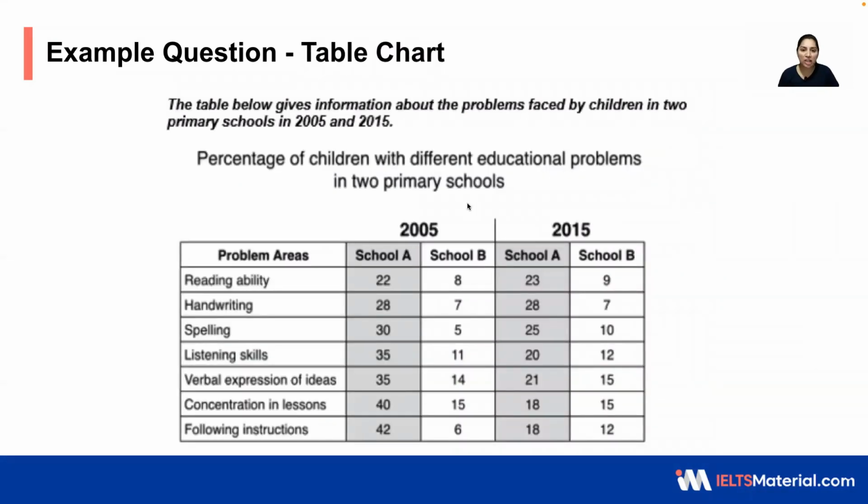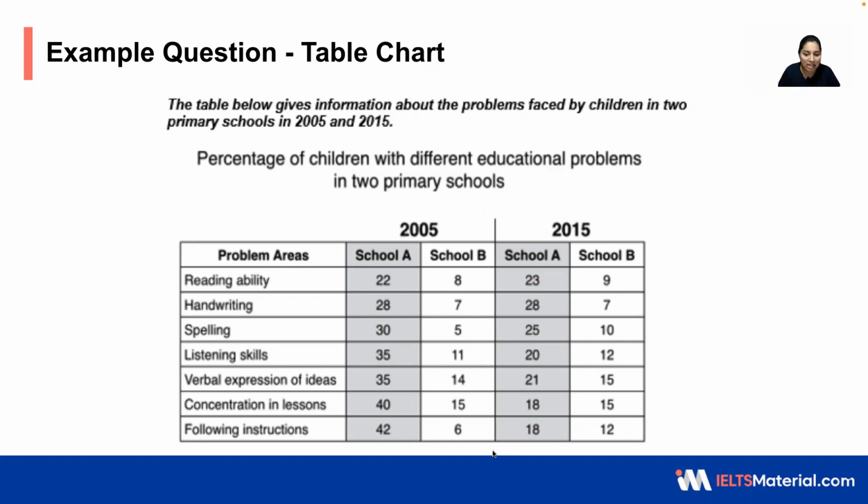Next is table chart. This will talk about more of numbers. Here and there, numbers. So you have to make sure that you're very attentive in taking up the lowest one, the highest one, the similar ones, the most different ones, and which is showing a greater proportion or a lesser proportion, which is increasing to a greater extent, which has decreased to a lesser extent. All these categories should be explained when you are trying to explain about the table chart.